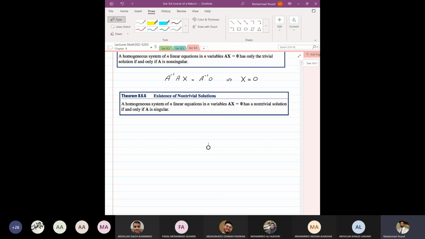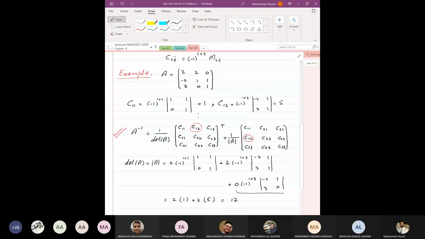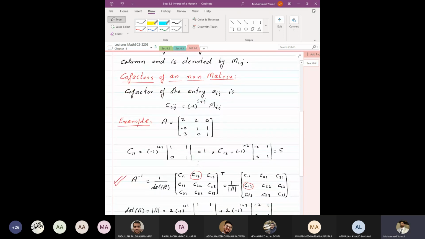What is this theorem 8.6.2? Finding inverse by determinant and cofactors. By finding determinant and cofactors. So here the question itself is asking us how to solve it. And we did this question here, one example. By the way,